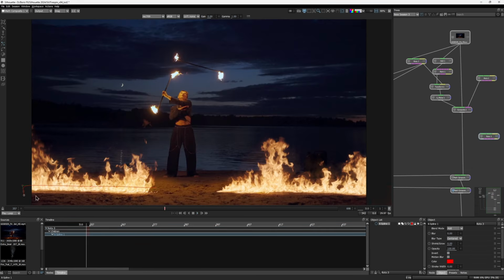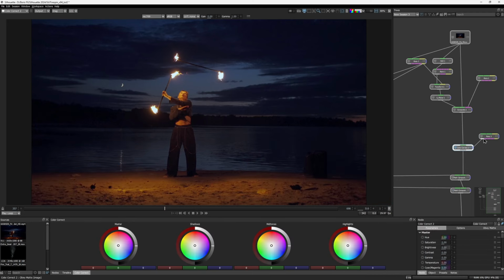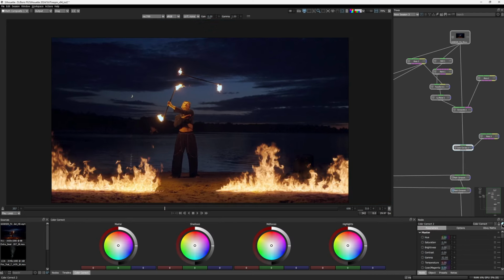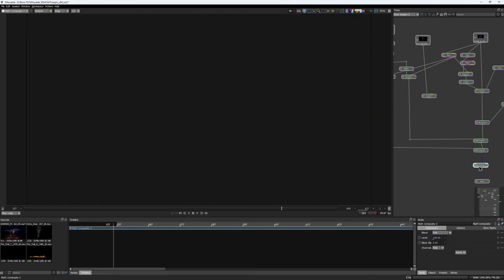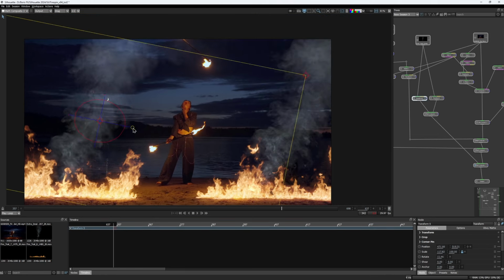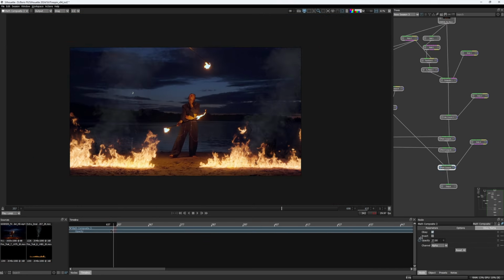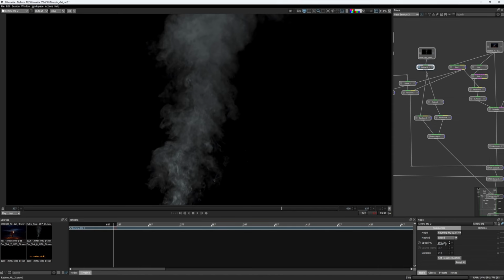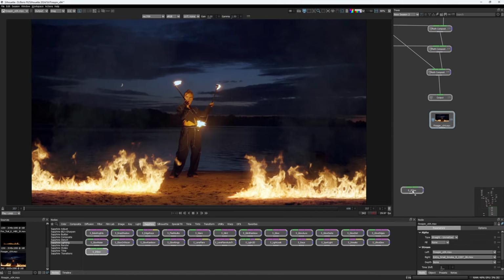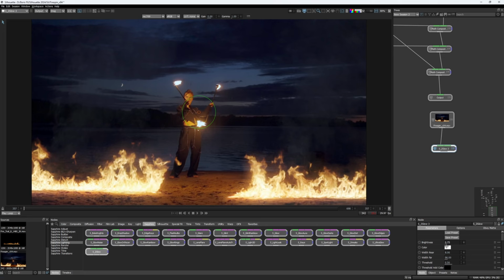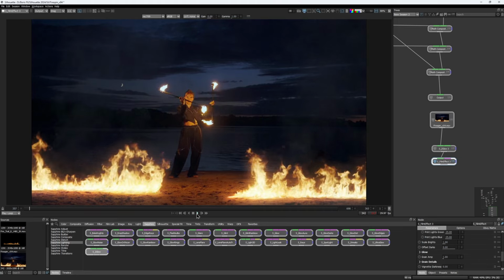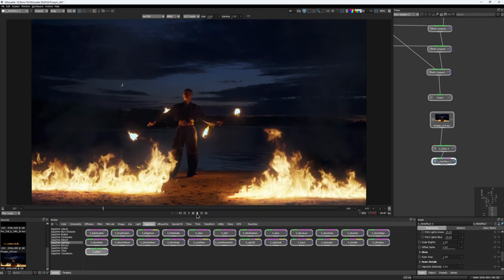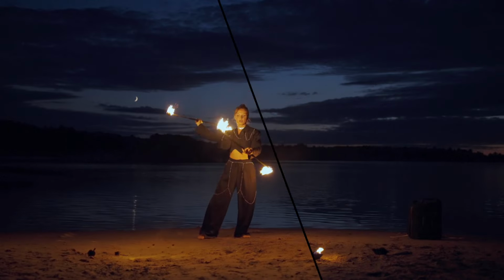I also made two smaller shapes on the ground, right under the fire, and used the color correction node to bring up the gamma in those areas to emulate even more light emission from it. Then the same transformation and retiming steps were applied to the smoke element. As a very last step, some Sapphire stylizing effect could be thrown on the top of the comp. And here's how the shot assembles step by step.